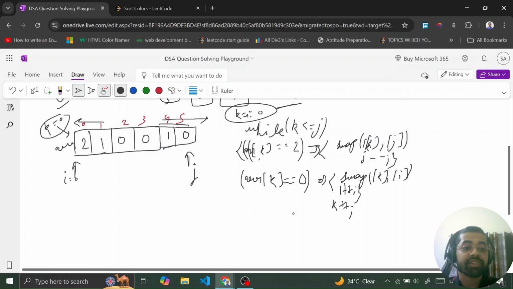Because here we are definitely sure that, if let's say the kth index is currently 1, towards the left of this, all these values should be either 0 or 1. They will not be 2 definitely, because if they were 2, they would already have been swapped with j, right? Because that is done in the other condition. So that's why we do k plus plus here, but we are not doing k plus plus in the other situation, because